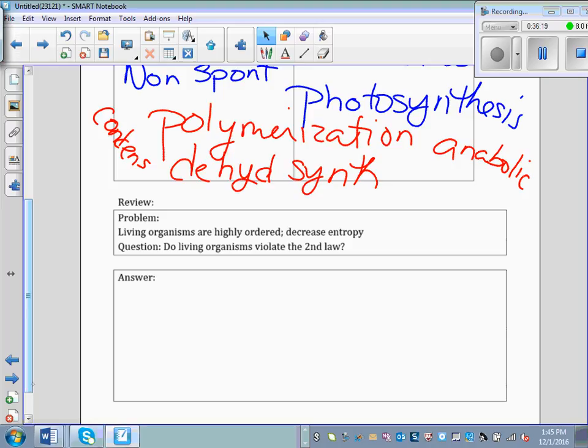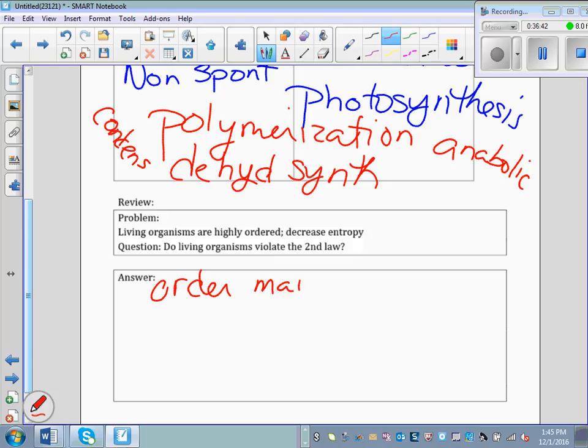So, once again, we're going to talk about whether living organisms are violating the second law. Are we always going towards entropy? No. What we're doing is we're coupling reactions. Order is maintained. What chapter of the textbook is this? What you read last night, chapter 6. Order is maintained by coupling